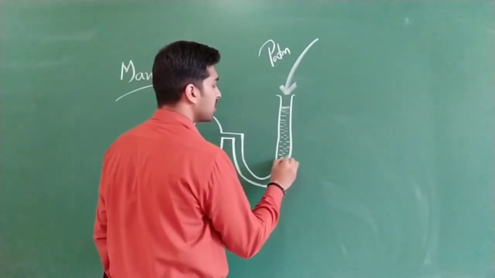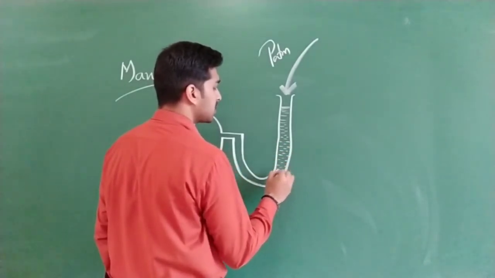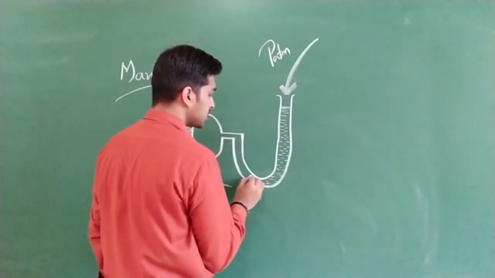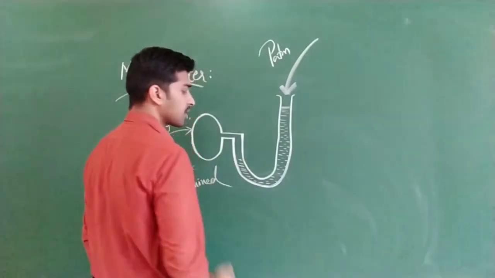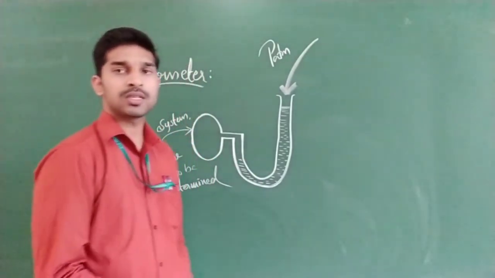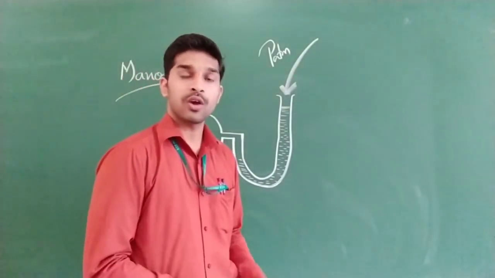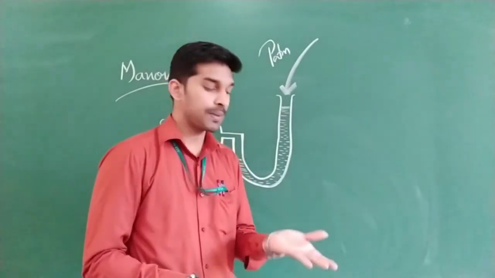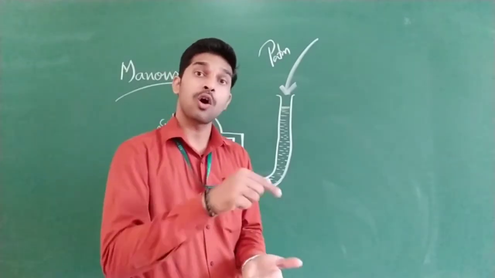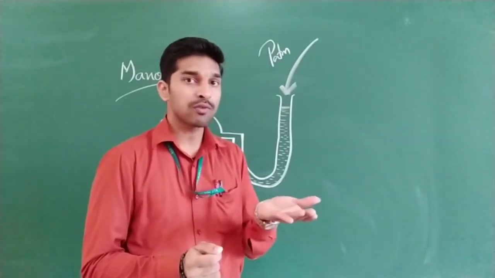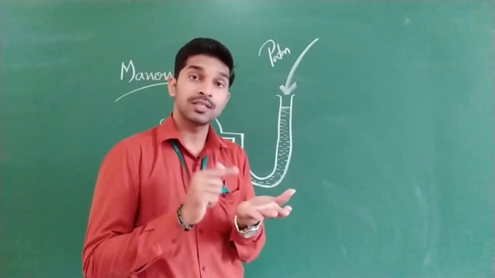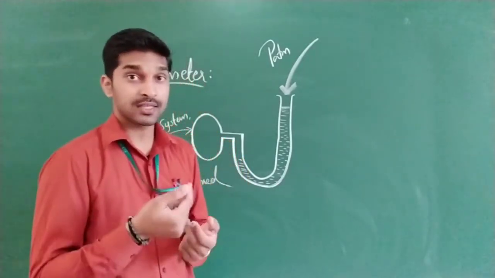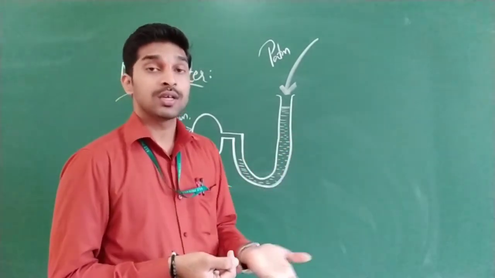Mercury. Or if you want to calculate the lower pressure difference, lower density liquids can be used. Clear? Lower density means, for example, oil. Why oil? Its density is less than water, correct? If you throw some oil on water, what will happen? That oil will float. Why will it float? The density of oil is less than the density of water. The one with maximum density will just sink.